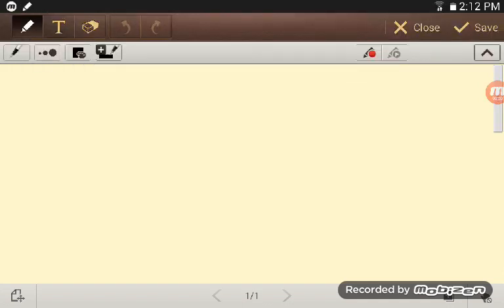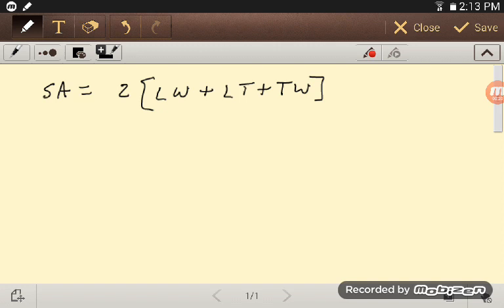Okay, Nick, so you have surface area is equal to 2 times LW plus LT plus TW. Now, you cross out the LW. Eventually you can, but actually right at this moment to cross it out here would be incorrect because L times W is not 0, but the derivative is. So if we take the derivative